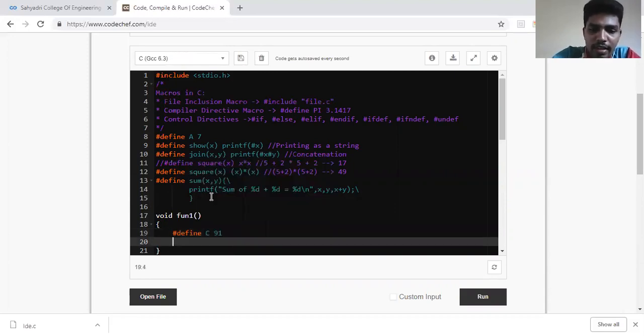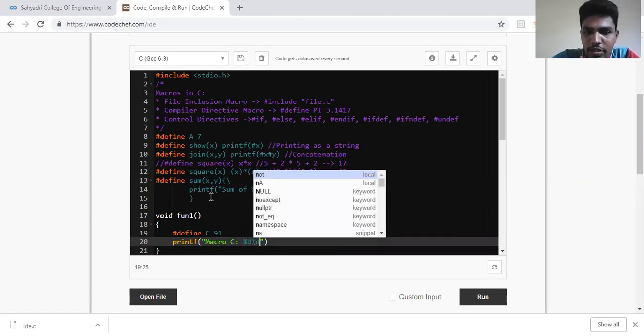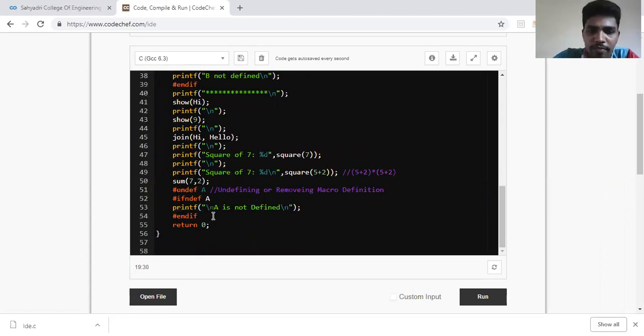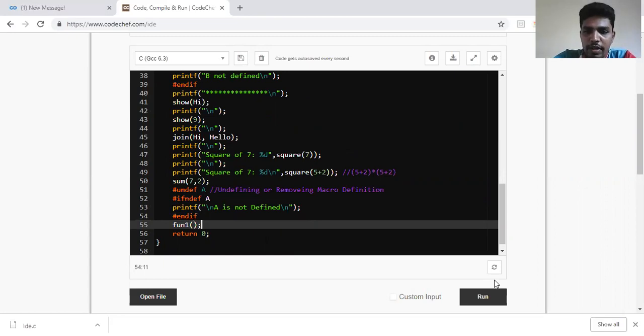Then I'll print that macro inside once. Macro C is an integer, so percentage d backslash n, I'll write C. That's a macro being defined. Then I'll call the function, whose name is function1. Yes, so I'll run this particular function.